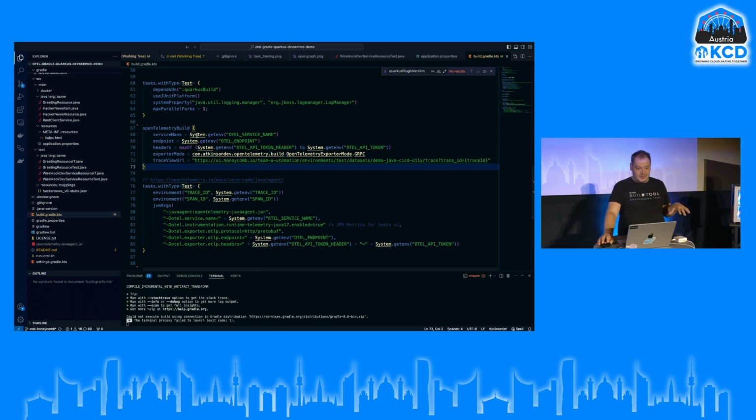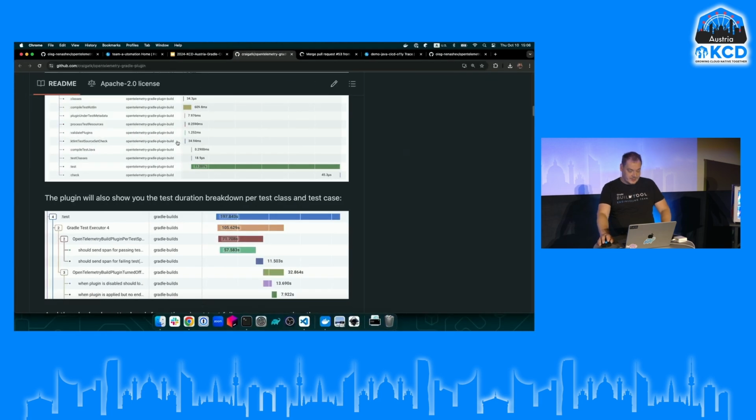Everywhere, and one thing that we have to pass on our own, because tools still do not know what the trace ID environment variable is. And basically, we have to pass it here. And then, if you do it, you again get a separate trace. So let's go back to our instance. Where is it?